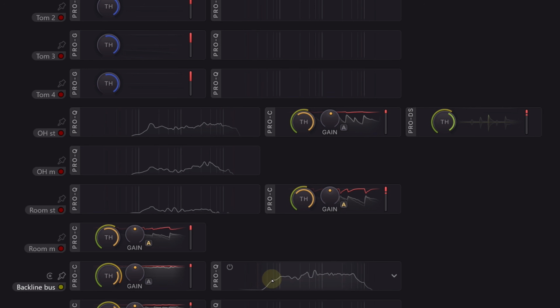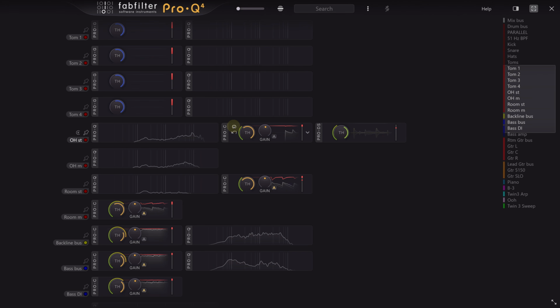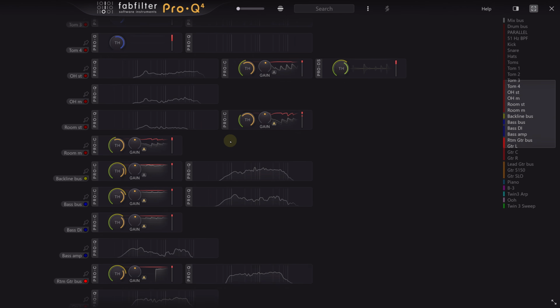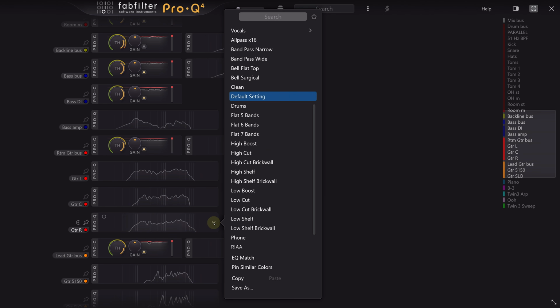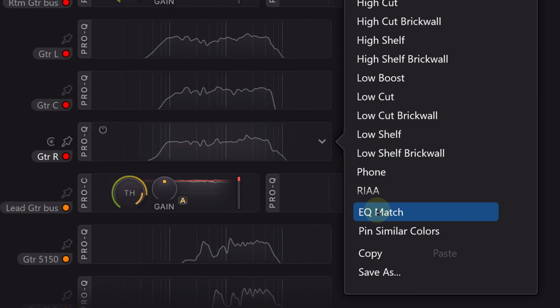Note that whatever zoom level you're at, some extra options appear when you hover your mouse over an instance. A power button at the top left corner allows you to bypass that instance. Or there's a drop-down menu over to the right with a preset browser. If it's an EQ, this menu also contains the EQ Match feature, which we can use right here in the